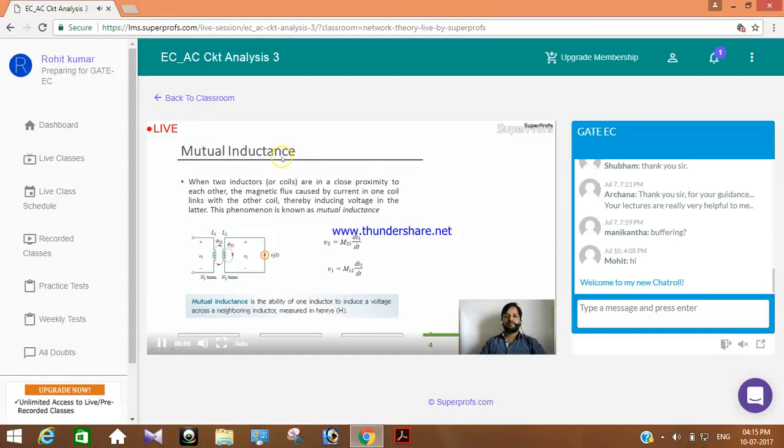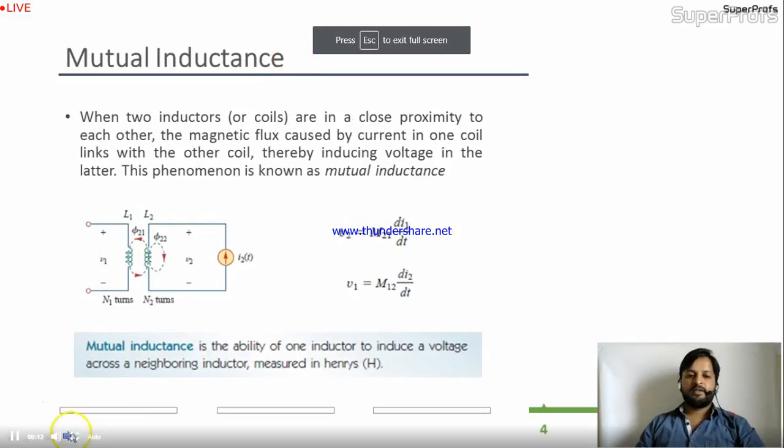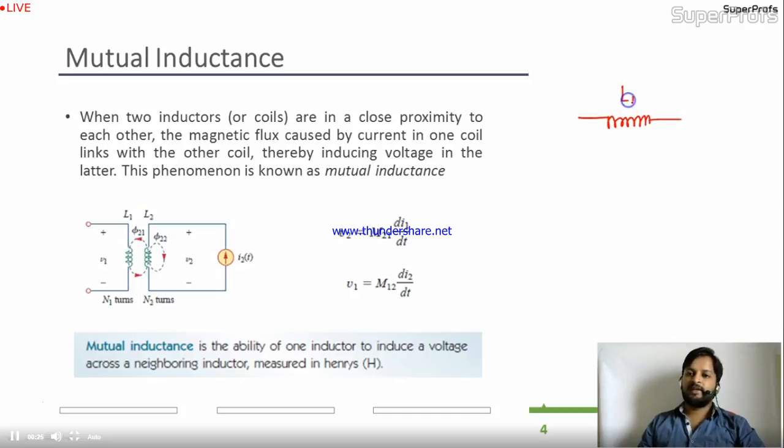To mutual inductance. We have started this topic earlier. Today also we have seen it briefly, and then we'll switch to the numerical questions based on mutual inductance. What we have seen in the last class is if you are taking two coils L1 and L2, they are very near to each other. L1 is the self-inductance of coil 1, L2 is the self-inductance of coil 2. If we are flowing the current I1, let's say,